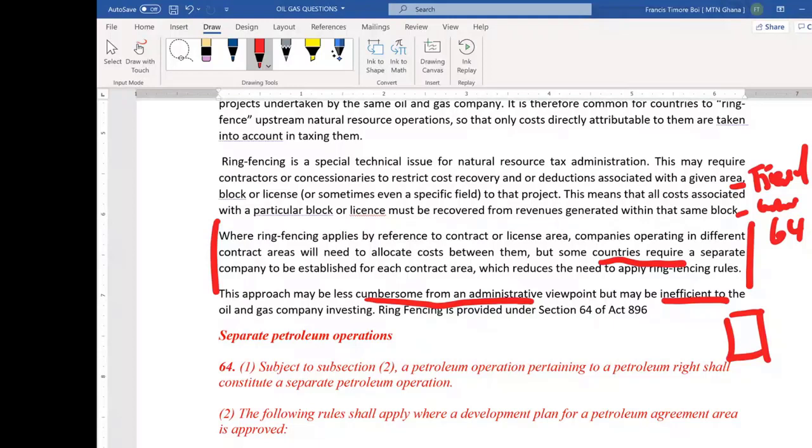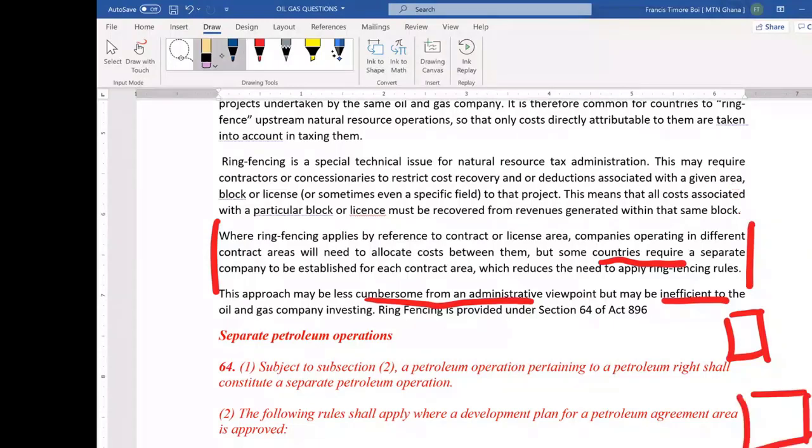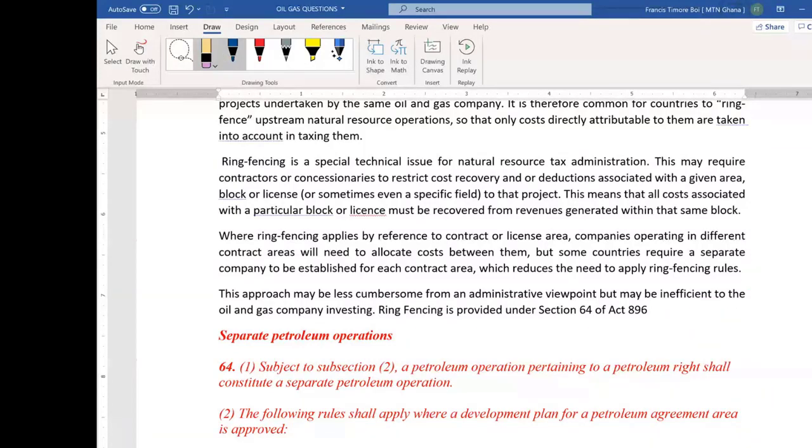It will be easy because, in my opinion, if the companies are set up, I think automatically... Okay, sir. If companies are established for assuming the various wells or the contract areas, then automatically it will address the